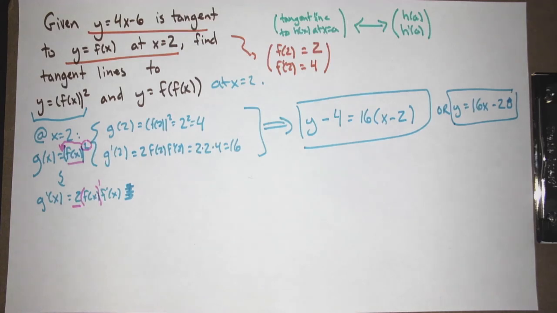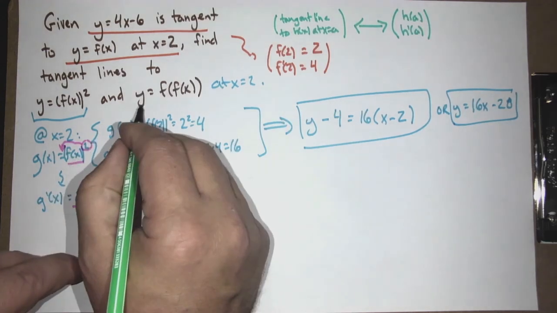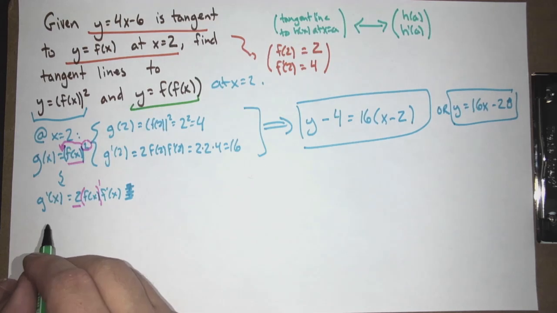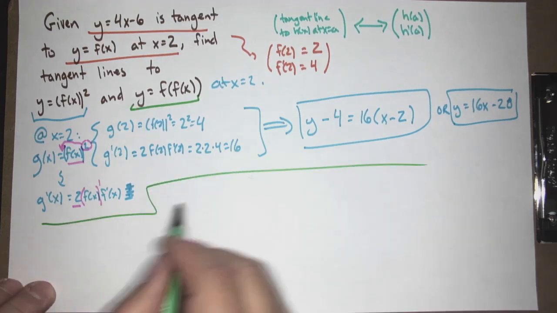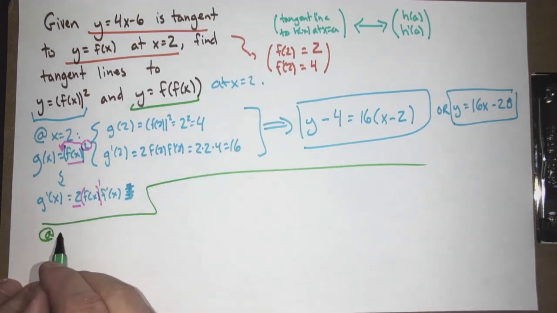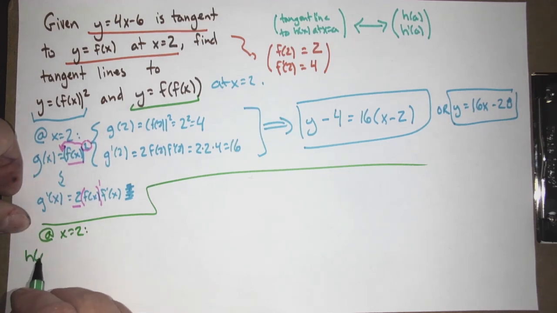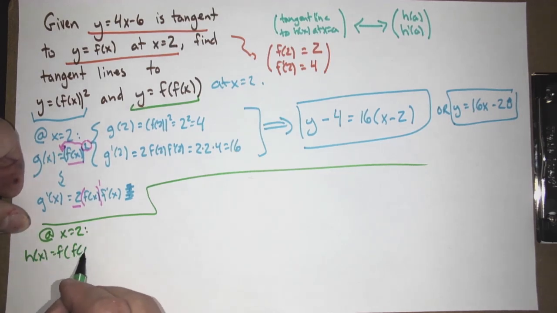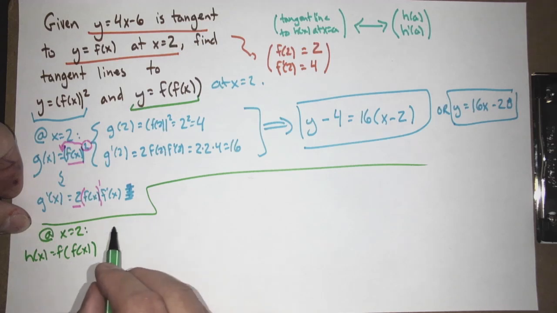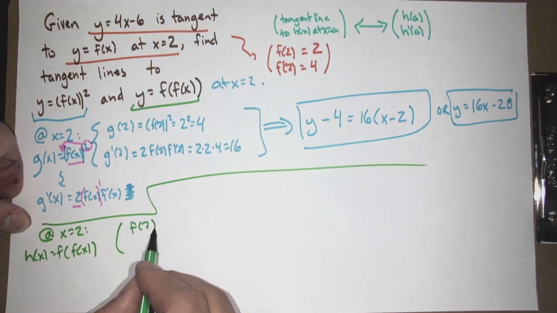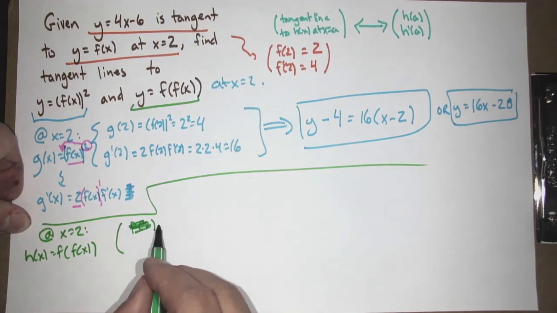All right. Are we done? No, this is the problem so nice. We get to do things twice. Okay. So let's say, all right, here we go. Similar idea. We're at x equals 2. We'll work our way through our alphabet. h of x is this f of f of x. So, what is h of 2?